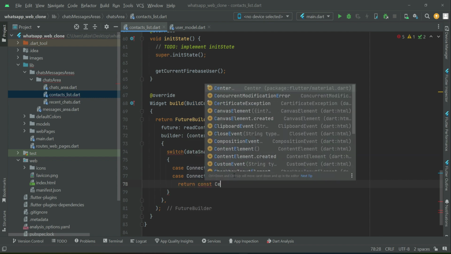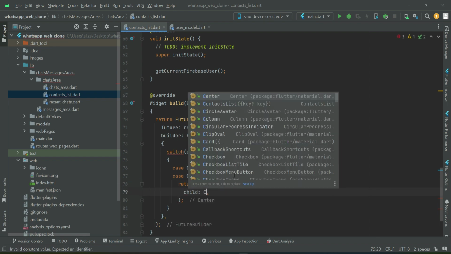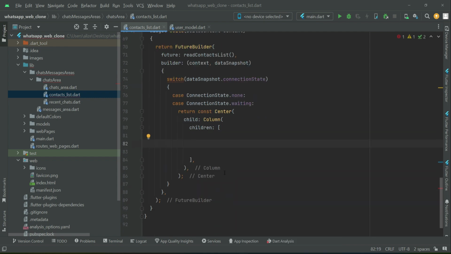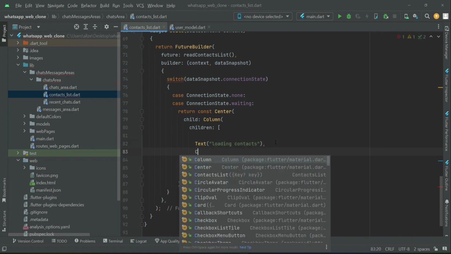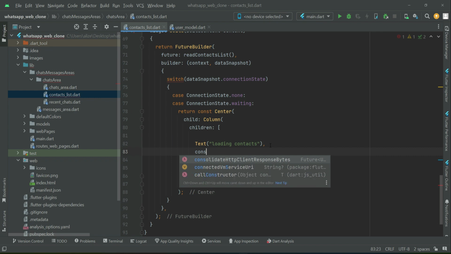const, and at the center, child column widget. First we will display a text that is loading, or you can say loading contacts. And then we can also display the circular progress indicator. In between them, if you want to add some space,